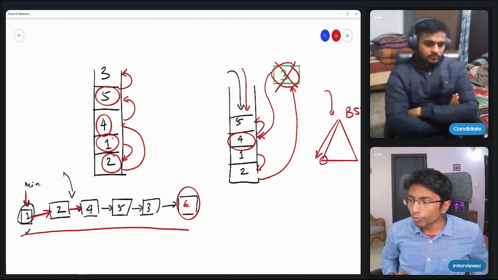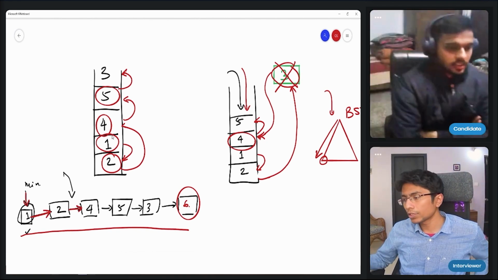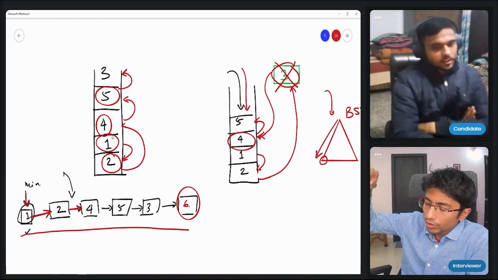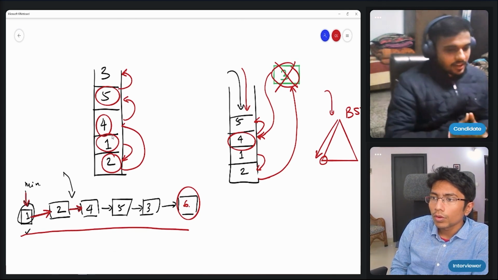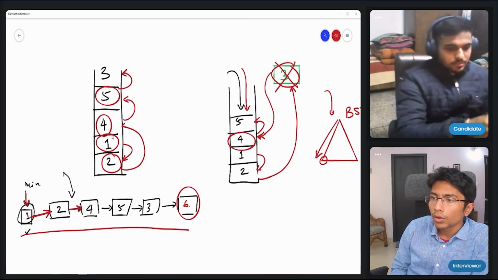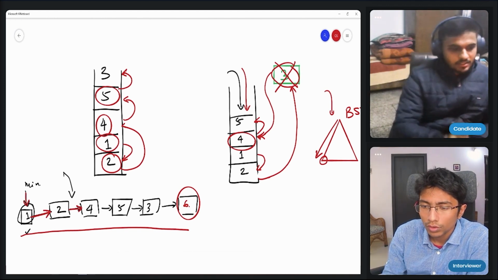But if I remove min, that's the only time when I need to update my minimum. Otherwise, min is going fine. Let's just try the case which I just mentioned, or anyone which you can take. It would get easy for you.